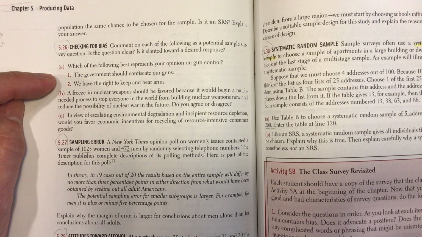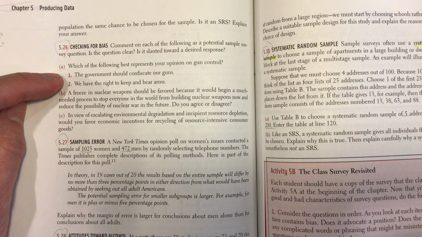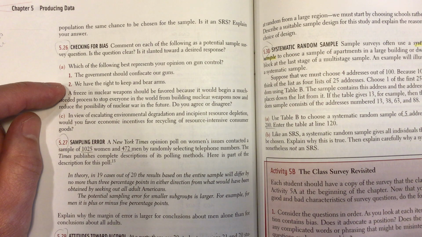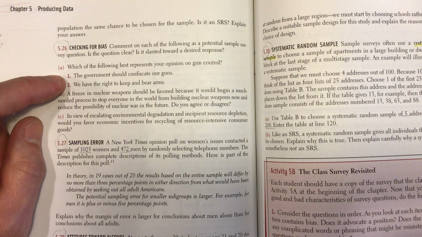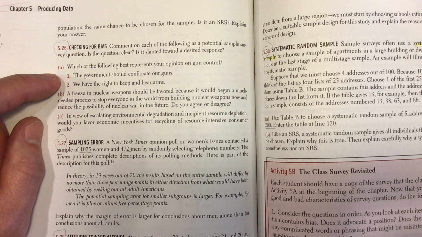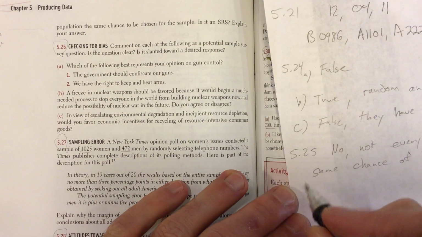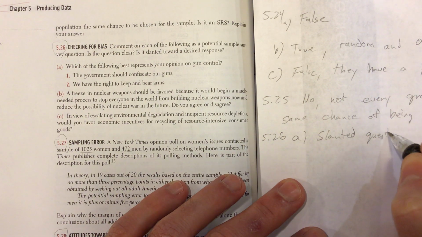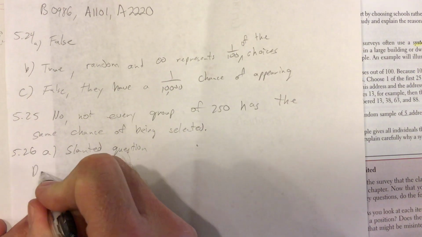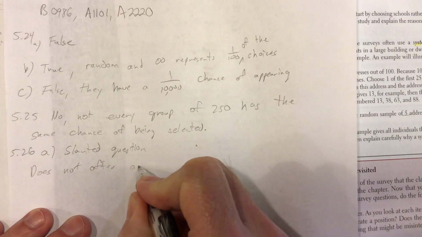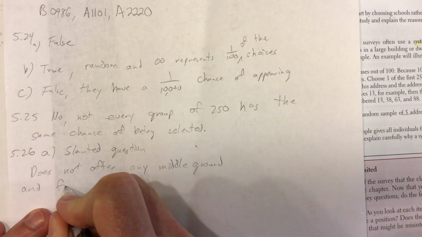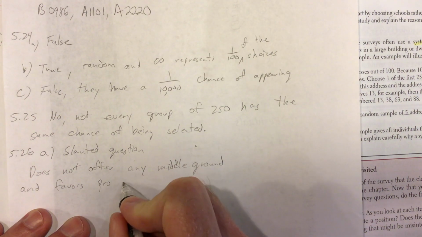Question A. Which of the following best represents your opinion on gun control? We've been given 2 choices to answer. So up till now, no problem. But here's my 2 choices. The government should confiscate our guns, or we have the right to keep and bear arms. Okay. I'd say it's clear, but I would also say it is slanted, right? They're not really offering any middle ground. This is very much slanted towards gun rights. So, question A, this is a slanted question. It does not offer any middle ground, and favors pro-gun